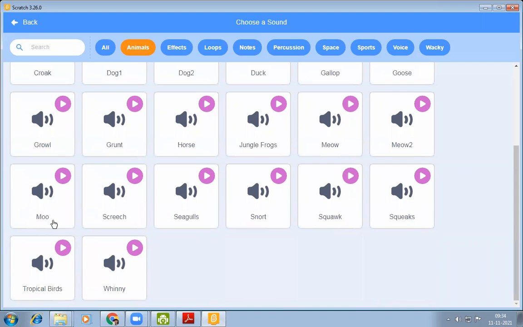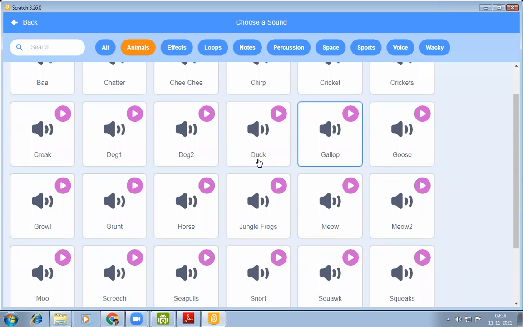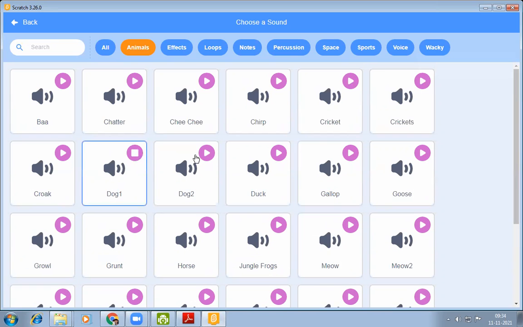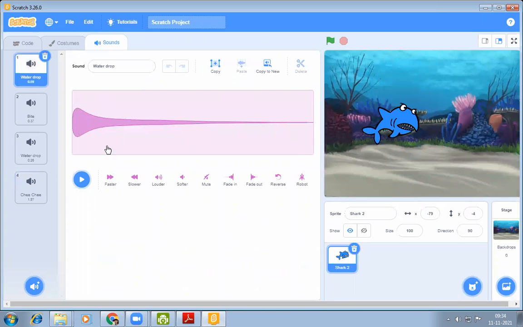Dog, winky, tropical birds, moo, mew, goose, gallop, dog. This type of voice sounds are also available here. Okay, you can add this sound here.